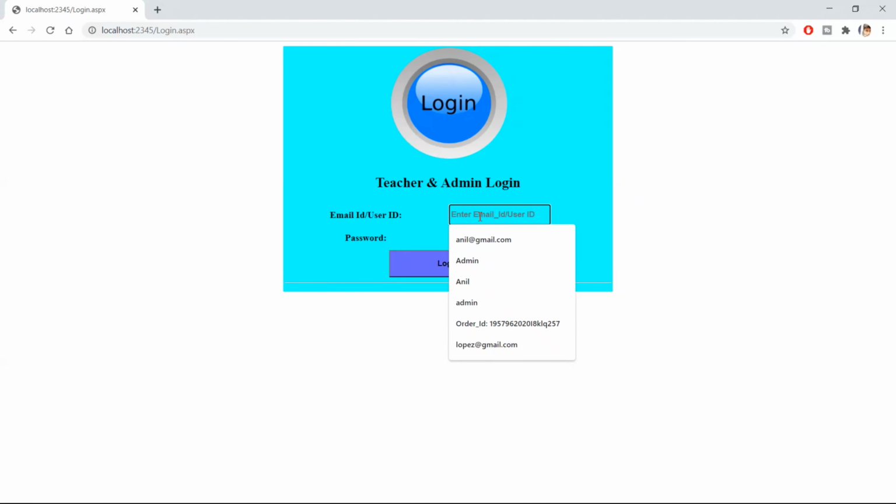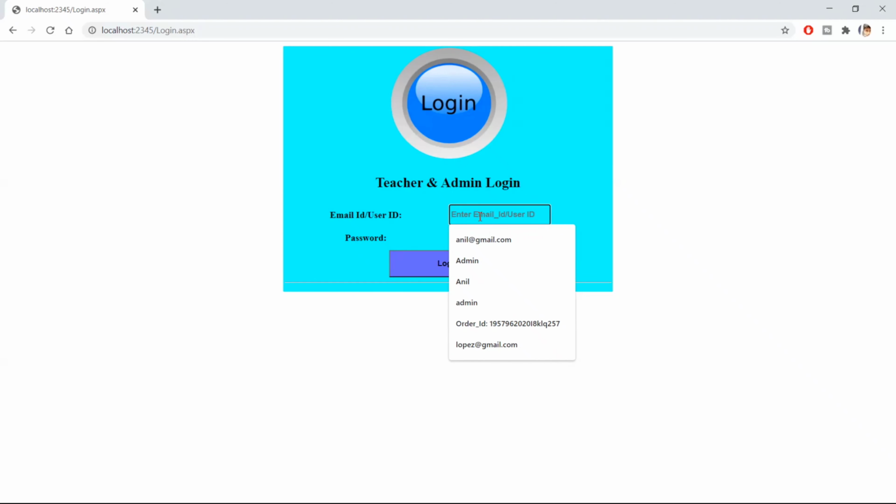So that's it for today. In the next part we are going to see the login page of the student, where the student will log in with the email ID and the password. But we have not given the password for the student, so we are going to make some changes in the admin panel, where when the admin enters the details of the student, at that time we are going to take one new text box field as a password, so that when the admin adds the new details of a student, he can add a password also for the newly created student.